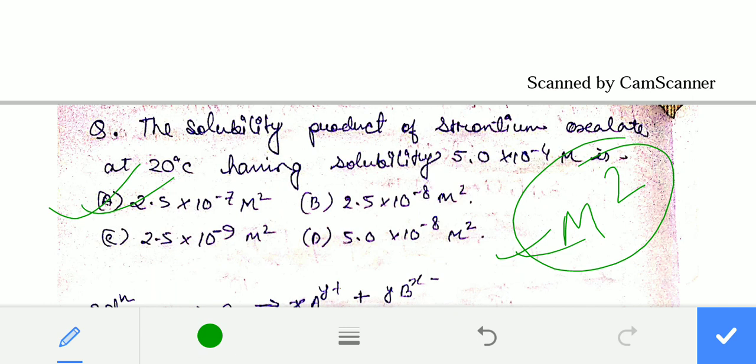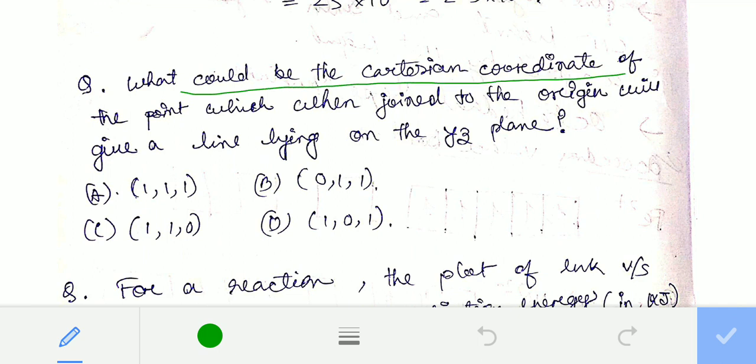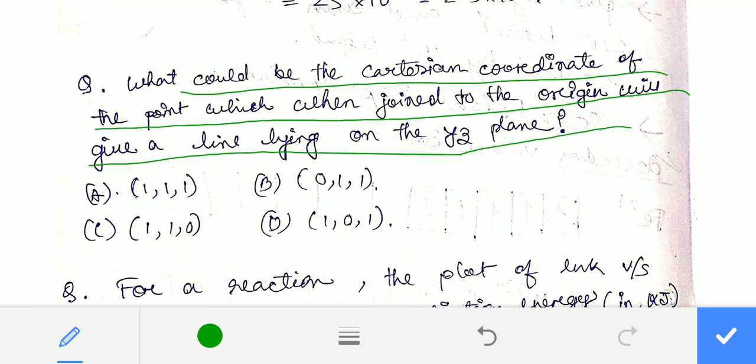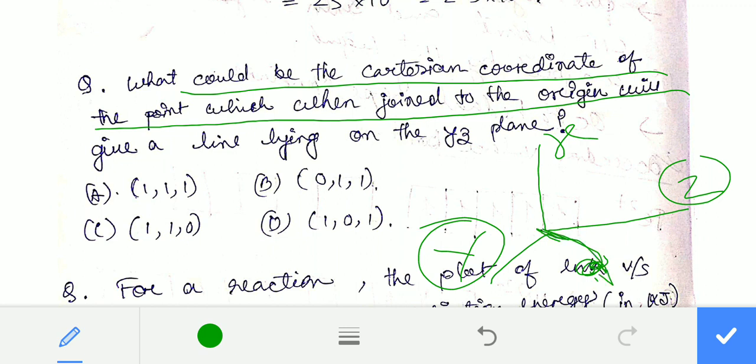So moving to the next question: what could be the Cartesian coordinate of the point which, joined to the origin, will give a line lying on the YZ plane? Now see, this is the X axis, this is Y, this is Z. Since the point which joins with the origin gives a line lying on the YZ plane according to the question,